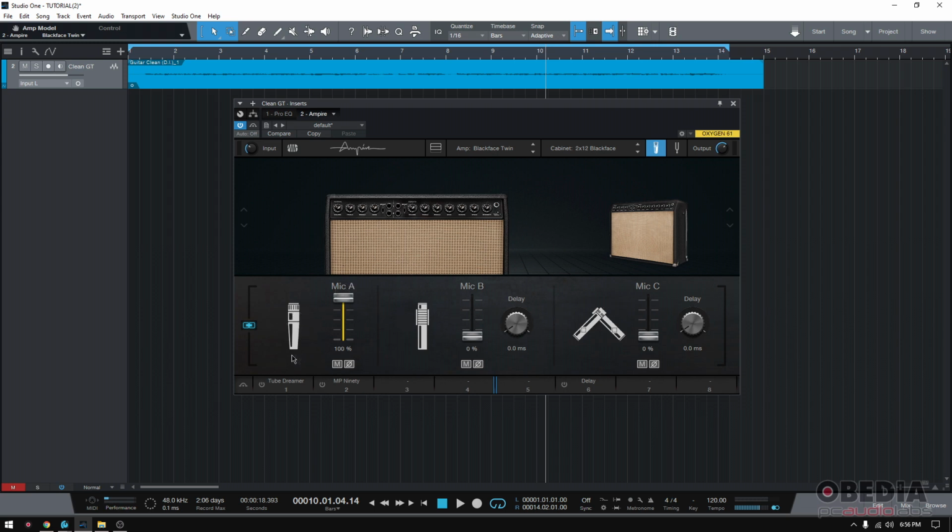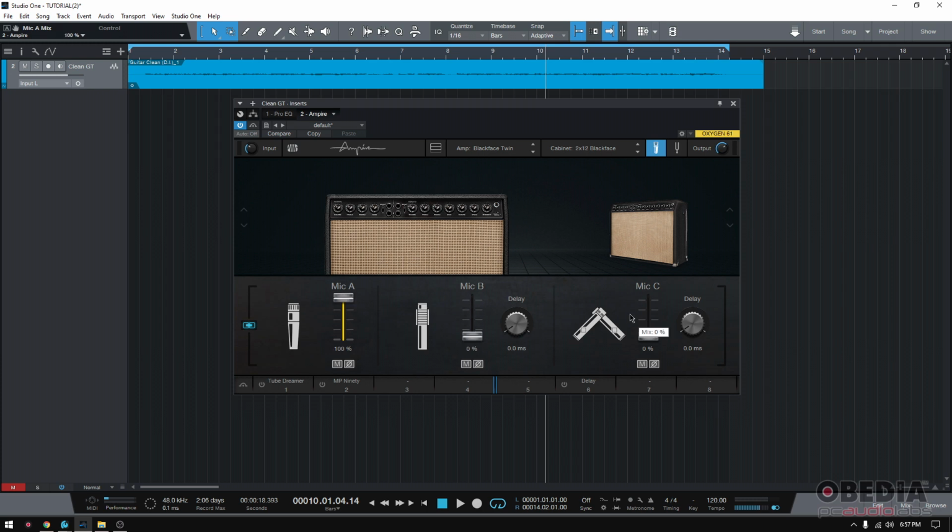If you see mic A, there's a little picture of what seems to be an SM57, so a dynamic mic. Then mic B looks like a little ribbon mic. And then mic C, you see 2 microphones, kind of like in an XY approach. There it is: small condenser mics in XY, ribbon mic, and dynamic mic. You have faders on each of those, meaning you can control the mix, or how loud that mic